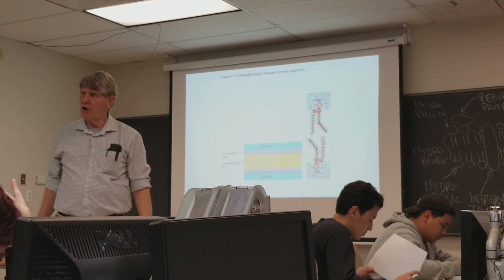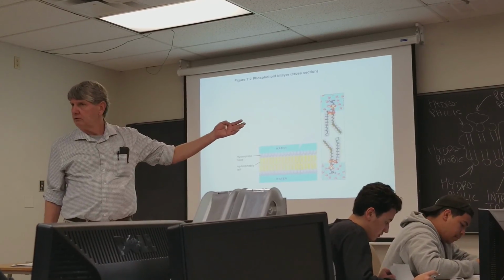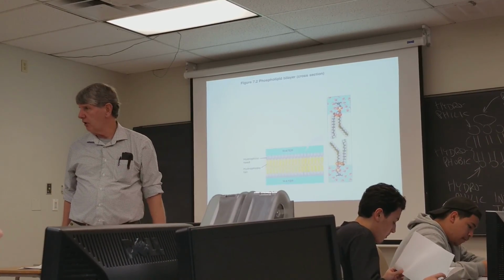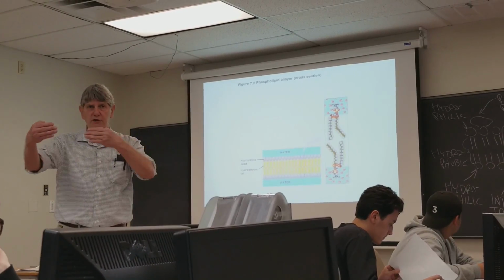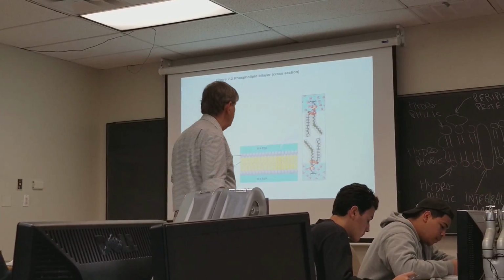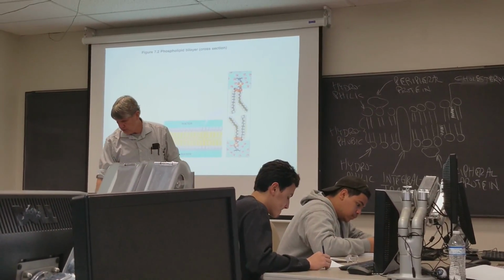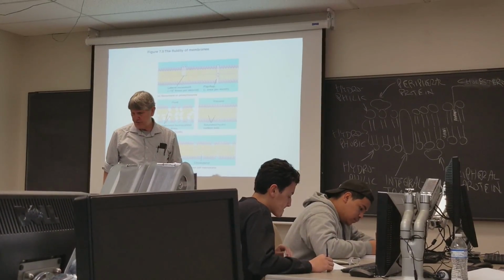Okay? So the mosaic part of the fluid mosaic means we've got three things: phospholipid, protein, and cholesterol. The fluid part means that they kind of shift around position laterally within the plane of the membrane. And so anyway, basic membrane structure. This is to illustrate